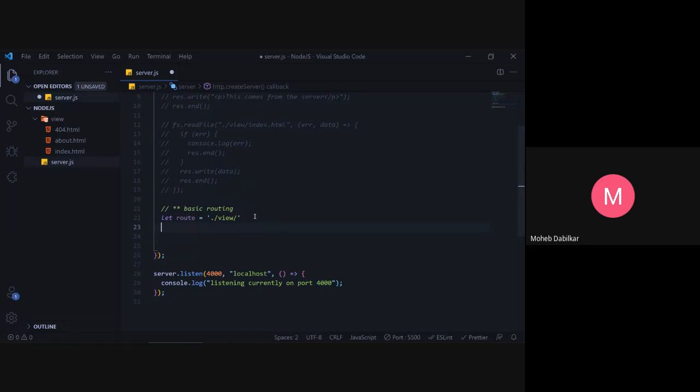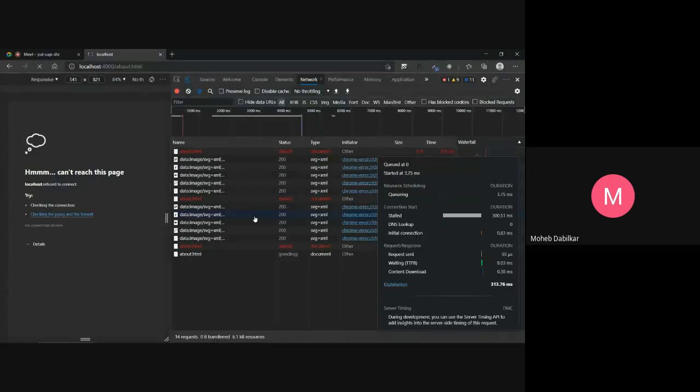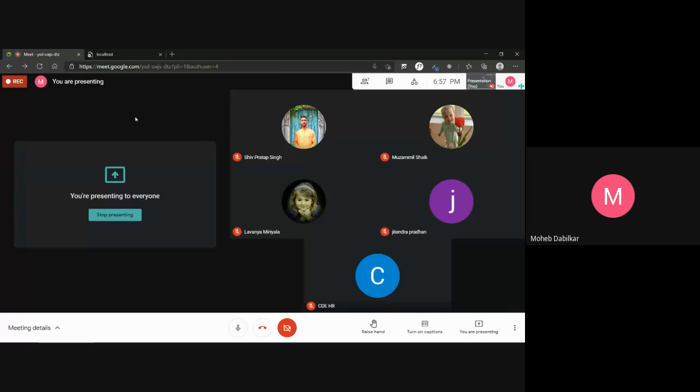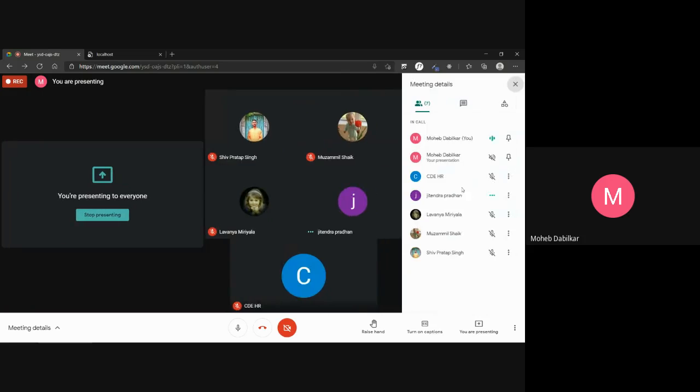How many of you know switch statement? Come on, tell me. Shiv, Lavanya, Jitendra, Muzammil. Yes, I know, sir. Okay, Jitendra, you are there today. Oh yeah, I did send you. What about others? How many of you are here today? Okay, we do have Lavanya, Jitendra, Muzammil, and Shiv.